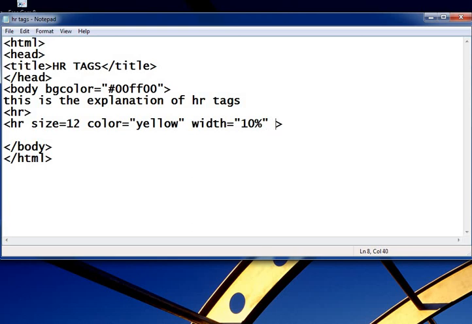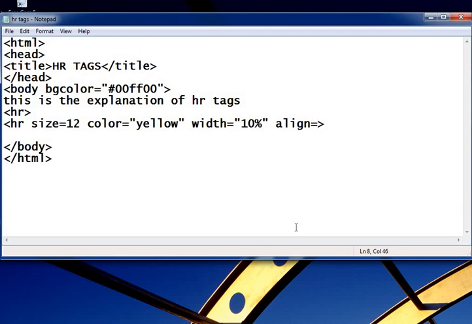Fourth is the align attribute. We can apply the align attribute. This align attribute is used to position the line on the web page towards left, right, or center, as the line spreads from the left to right edge of the web page.